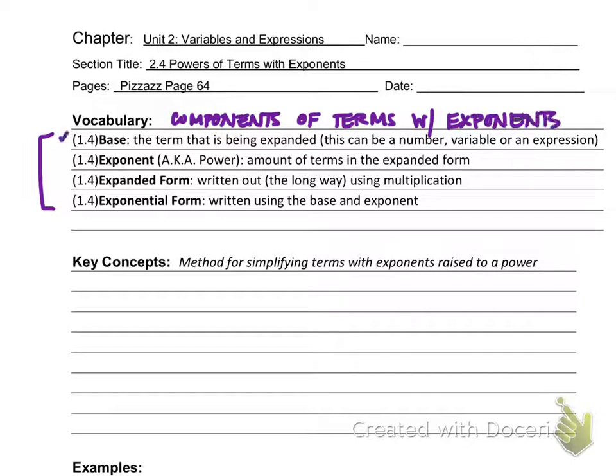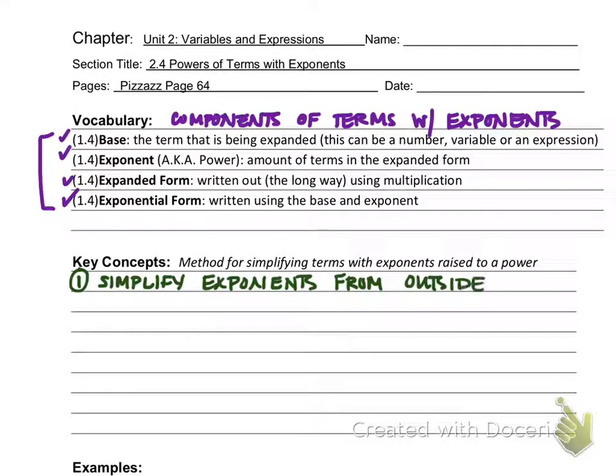So we have a base, which is the term that's being expanded, the exponent, which is the power, the expanded form, which is the long way of writing it out using multiplication, and our exponential form of using the base and the exponent. So we're going to start off with the method for simplifying terms with exponents raised to a power. The first step is to simplify exponents